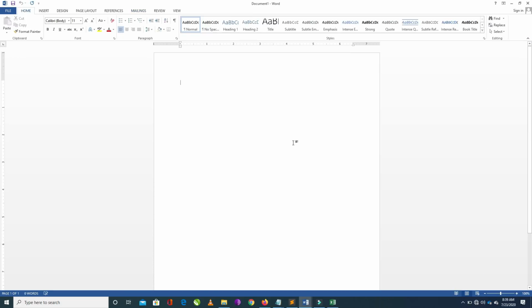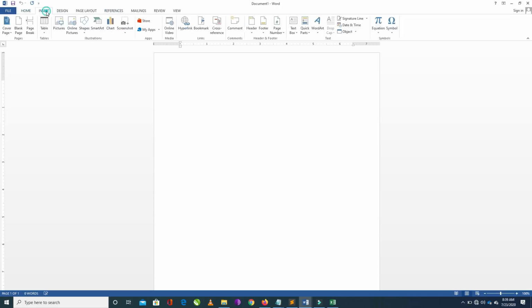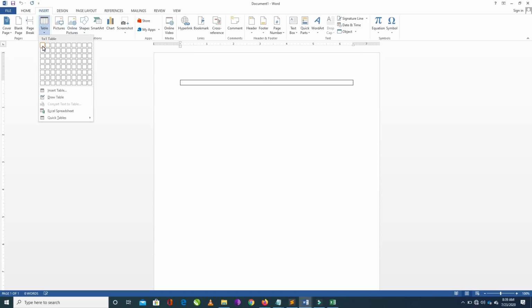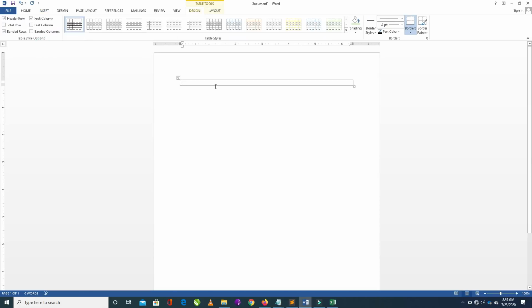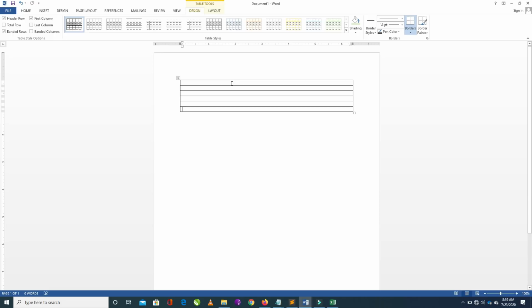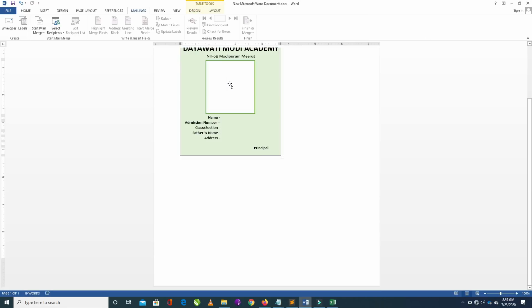I have taken another file with Control and N, and now click on the Insert tab. In the Insert tab, I have taken a table row. In this row, by pressing the Tab key on my keyboard, I have added more rows in this table. In the first row, I am going to insert a logo for the ID card.